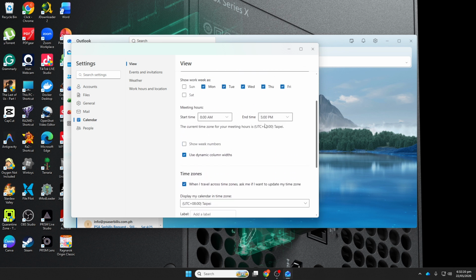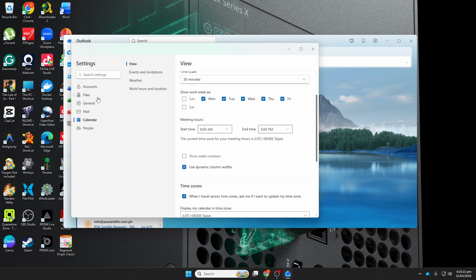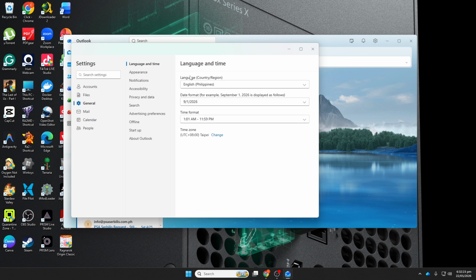That's it. You've seen where to change the language in both the Outlook desktop app and Outlook on the web, and how those choices affect your